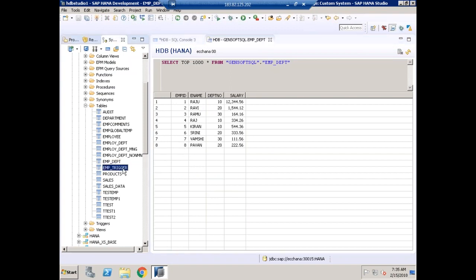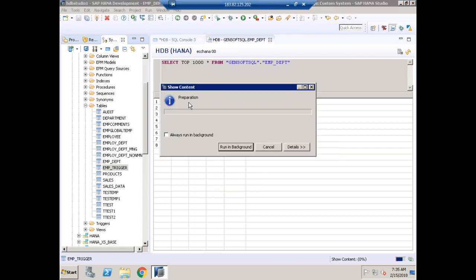And if I open this emp underscore trigger, it has 2 columns, I mean two fields. It is loading. So it has two fields and